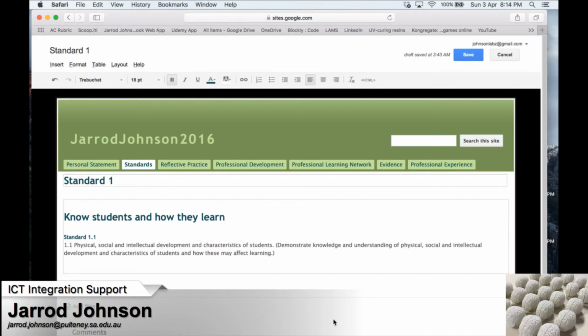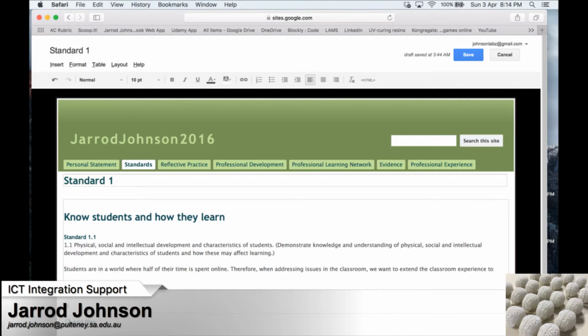Rather than using this section, now I've got standard 1.1. So now you can put in exactly what you want. Students live in a world where half of their time is spent online. Therefore, when addressing issues in the classroom, we want to extend the classroom experience to be online too, thereby capturing the students' thoughts